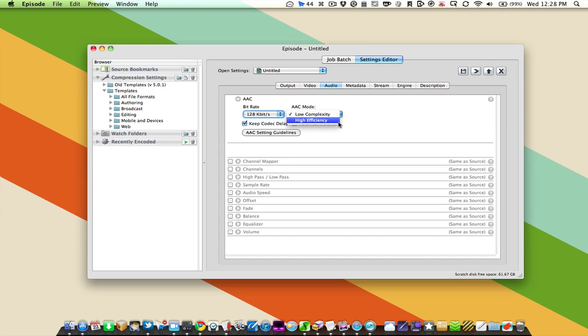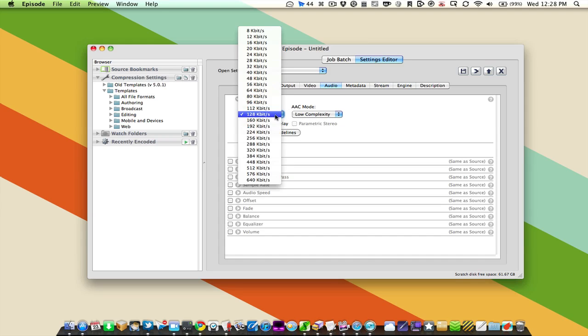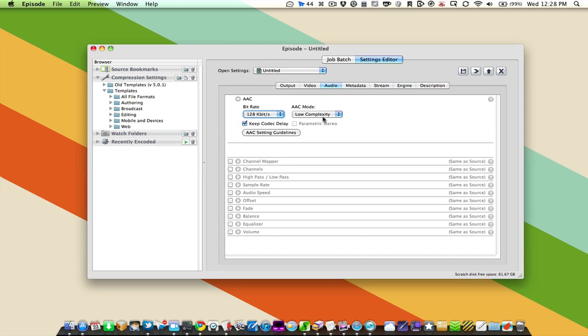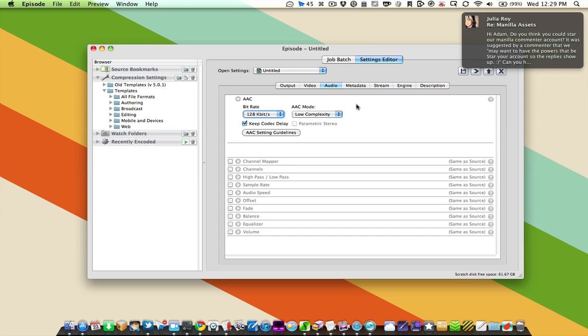High efficiency is smaller and the quality is just as good, or I should say, the quality is better at the same bit rates. It's kind of like the difference between MPEG-4 and H.264. Low complexity has a much wider support. So most of the time you're going to want to use low complexity, even though you don't